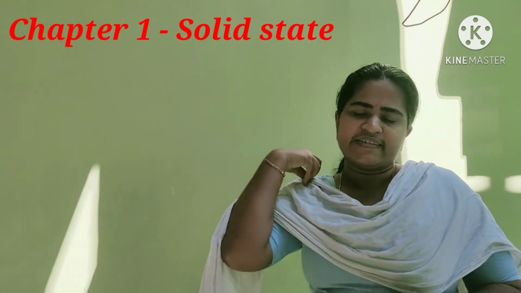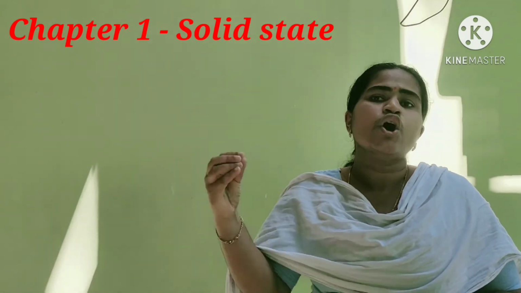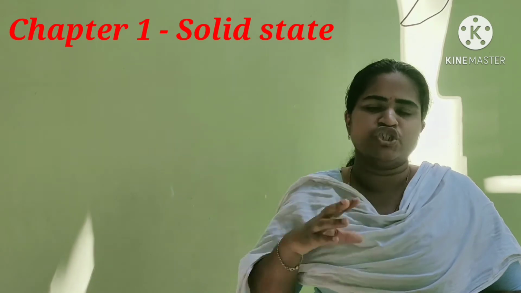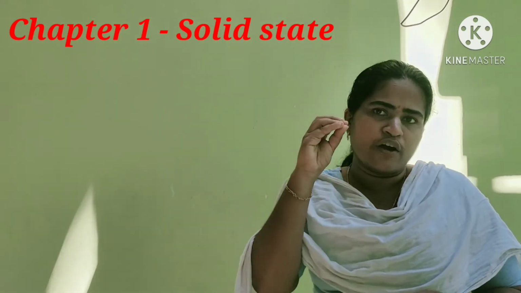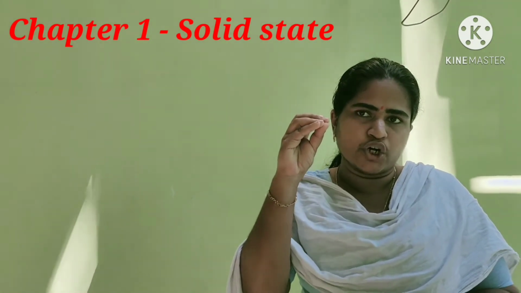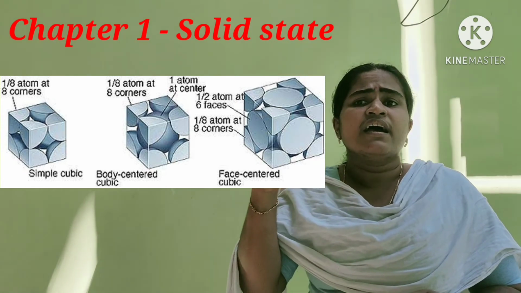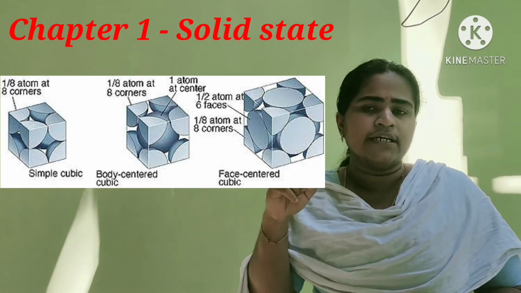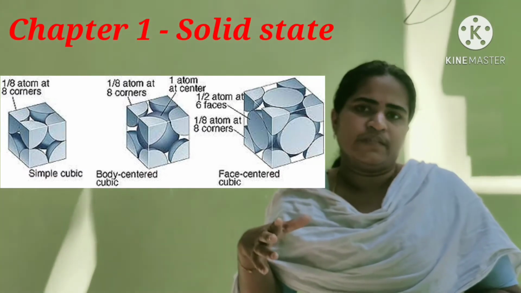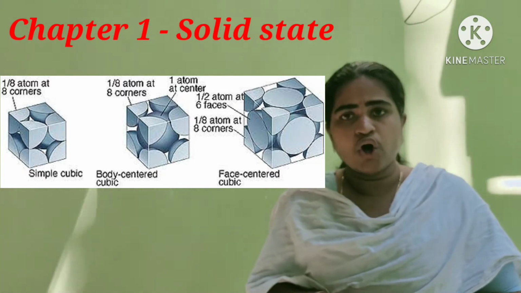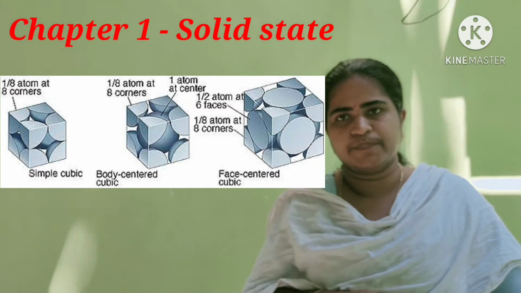Now we are discussing the contribution of the constituent particles occupied at various positions of the cube in a unit cell. In the case of a constituent particle occupied at the corner of a cube, the atom in the corner is shared with 8 other cubes in the solid. So the contribution from the particle at the corner is 1/8.